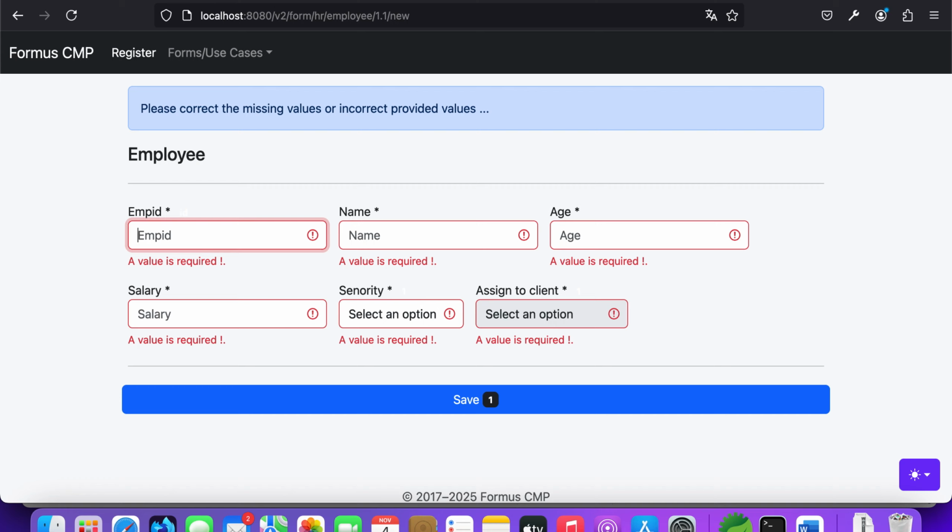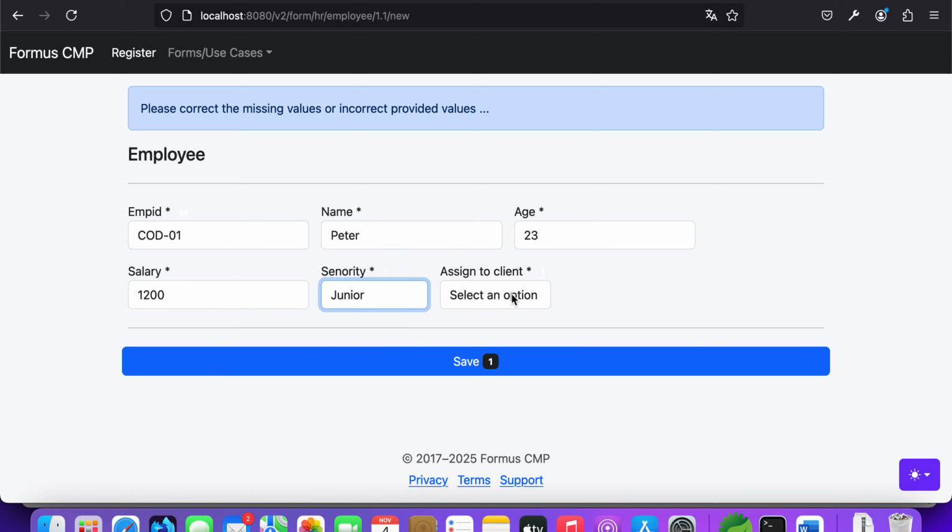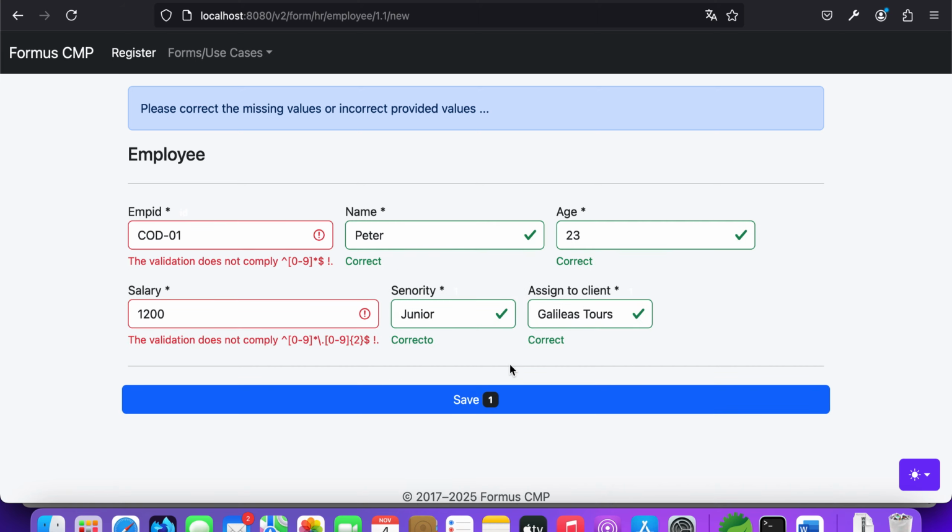Let's say this had code number 1. This is Peter. The age is 23. Let's say we pay him weekly $1,200. It is a junior developer, and it is assigned to Galilea Tours client. So once I set that up, I click Save. And as you can see,